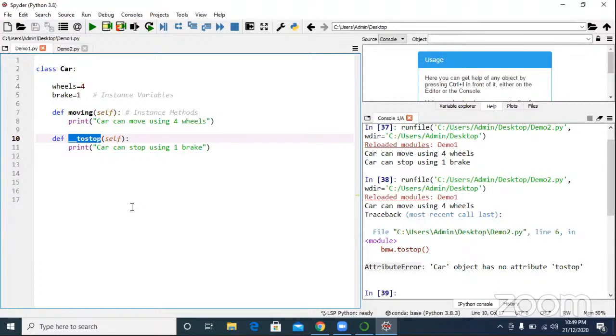I want to hide the functionality. I don't want to expose it to others, other classes. I don't want to give access to other classes. Or suppose if you want, you can use it in this class only, but not outside of the class.